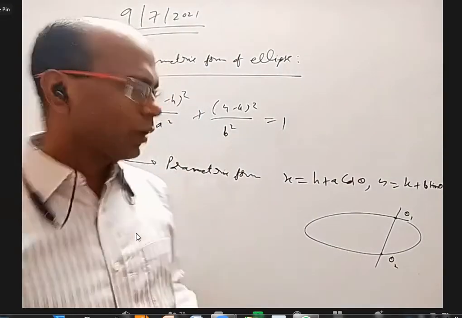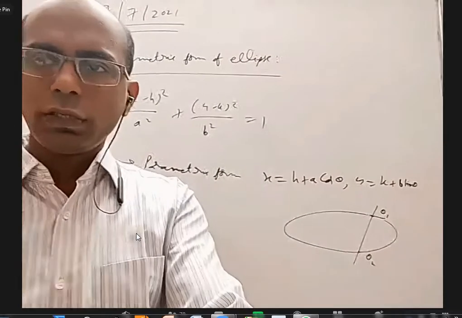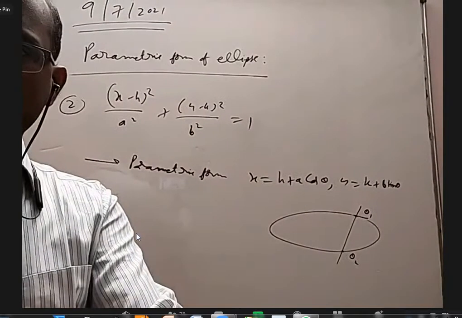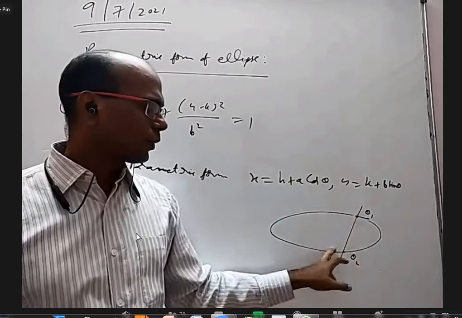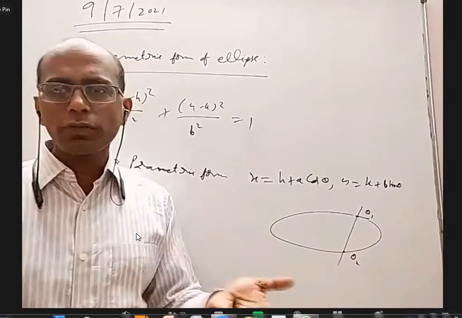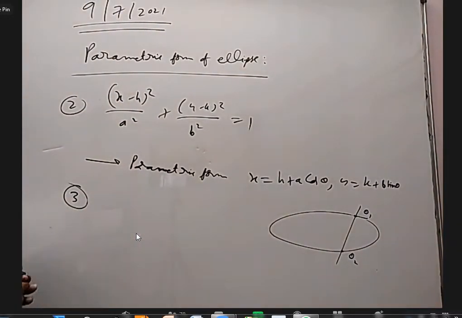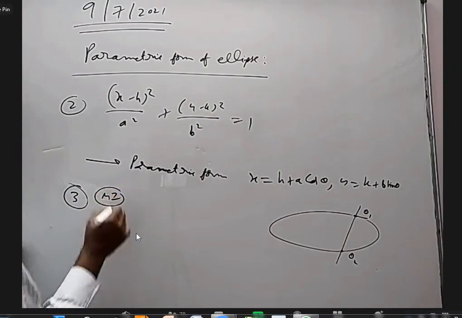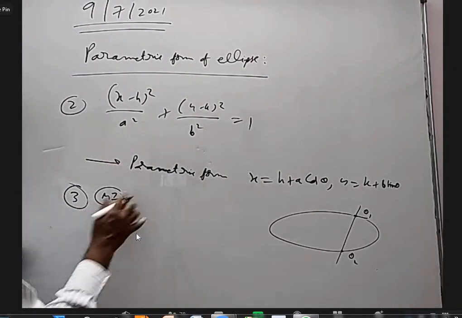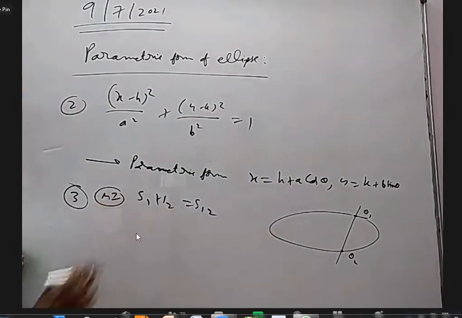Two methods. One is, if you know 2 points, S1 plus S2 equal to S12 is the chord. Long time back in circles, we discussed that. We did not use it recently. Otherwise, don't worry about all that. If you know 2 points, you can find the line equation. But still, it is important to know that formula, so we'll derive it. So, I want to use method 1. S1 plus S2 equal to S12, the chord joining theta 1, theta 2.